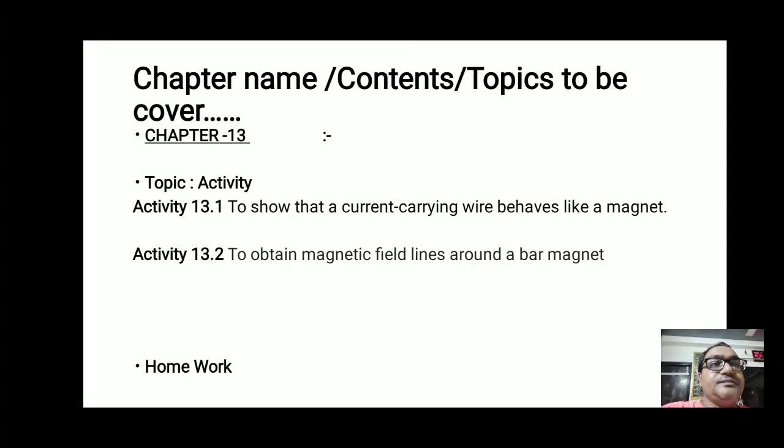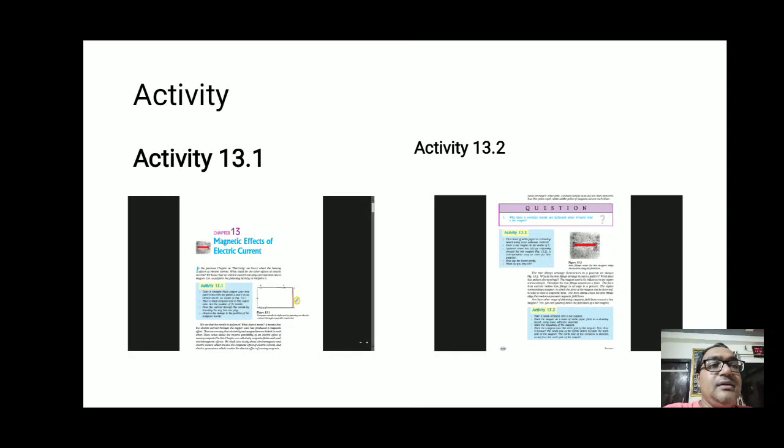Now students, before I start teaching you both activities, you can see that both activities are given in our textbook as a paragraph. On the left-hand side, activity 13.1 is written and a diagram is given, and on the next page activity 13.2 with a bar magnet and diagram is given. But students, whenever this activity comes in the board exam, you can write as given in the textbook and draw the diagram for the activity, or better, you can write the activity the way I will teach you